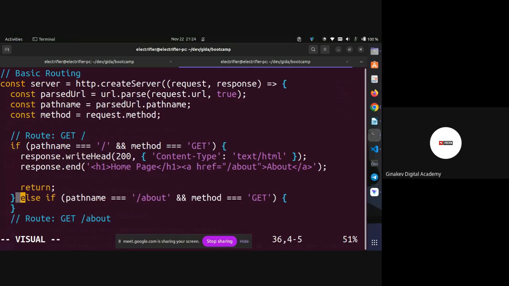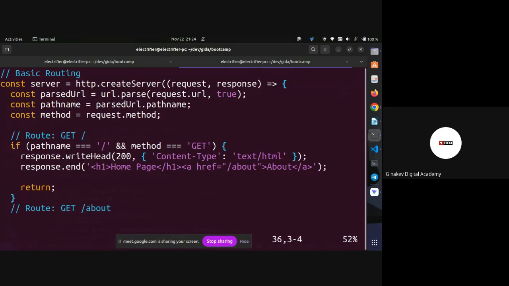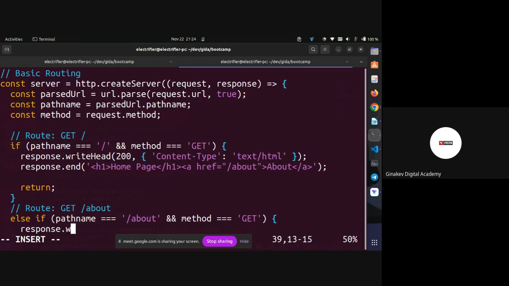This is the status code you send, and then the header with the normal content type,